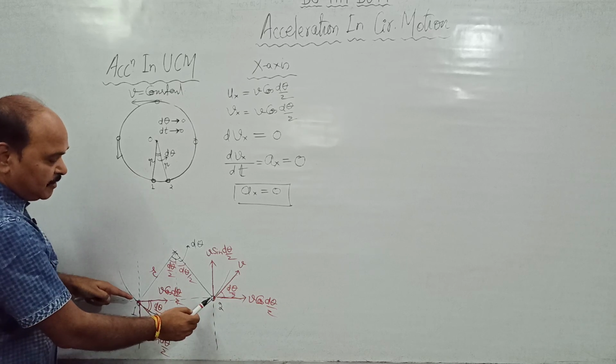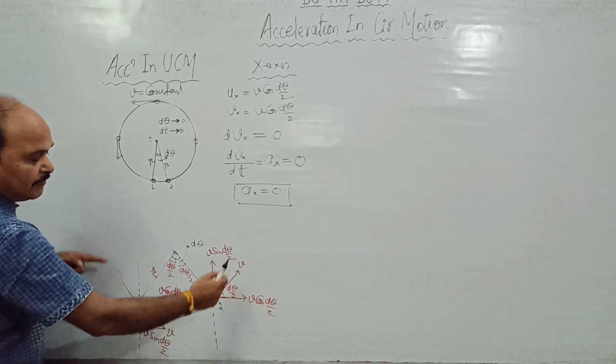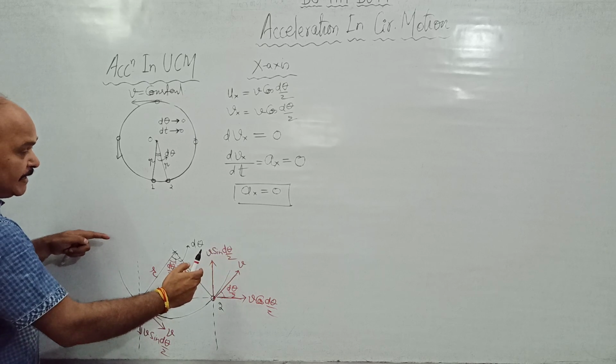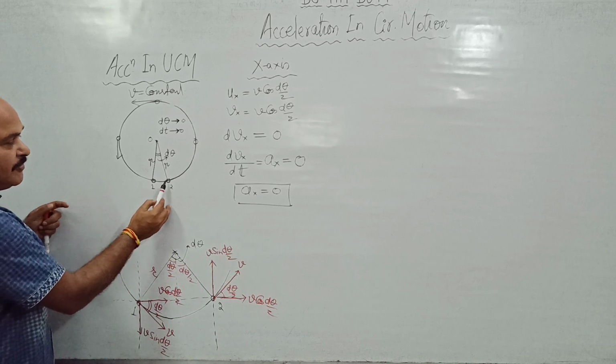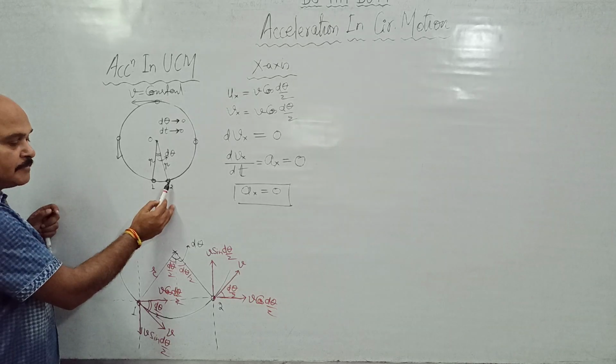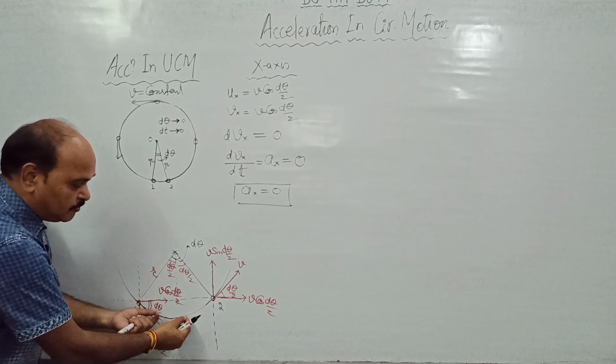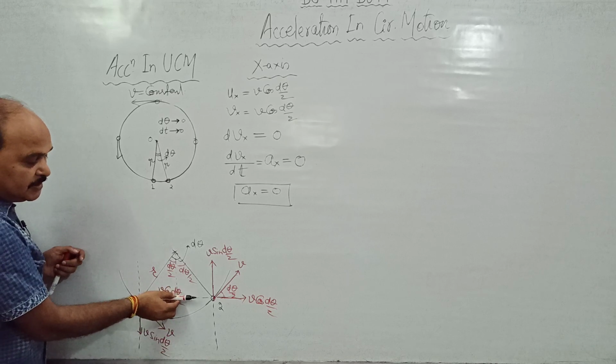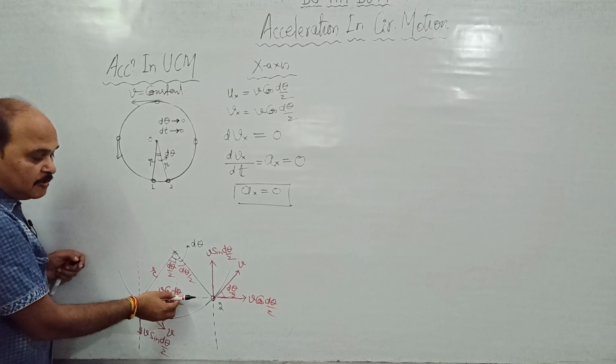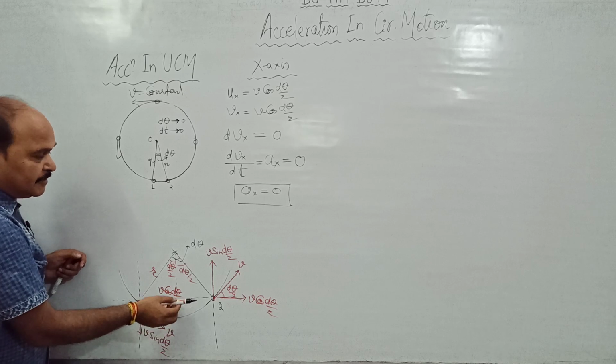Because these two positions of the bobs are far away from each other. But in reality, both these points are very close to each other. So if these two positions of the bob move closer to each other, this x-axis, which looks like a chord, would convert itself into a tangent.